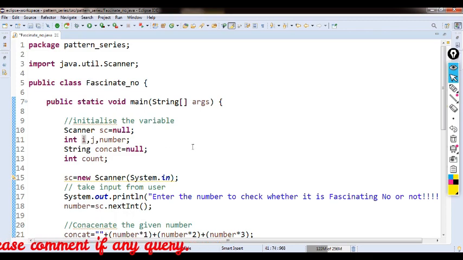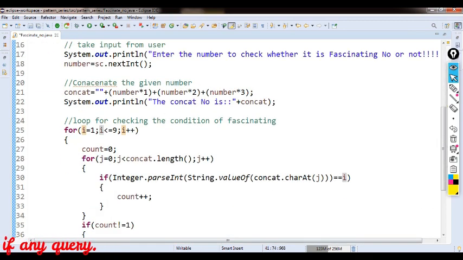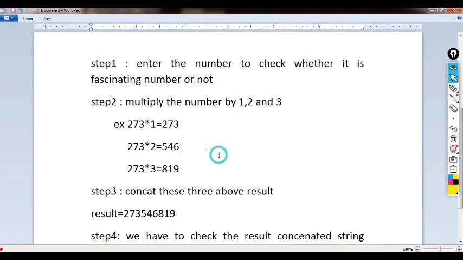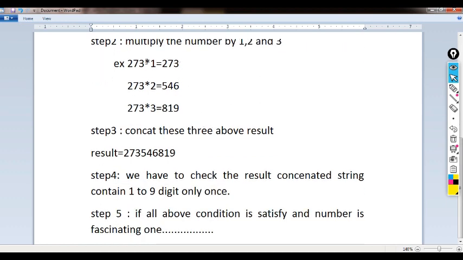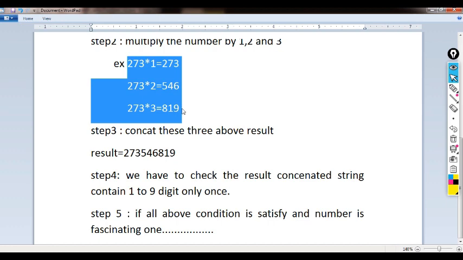So once again we can revise the conditions which make a number a fascinating number. Firstly we multiply the given number by 1, 2 and 3, and then we concatenate the resultants of these three.